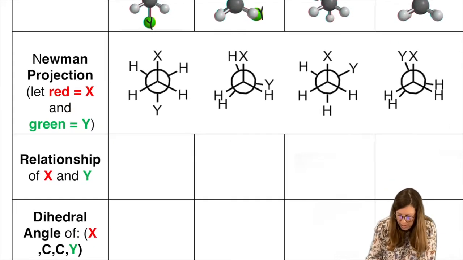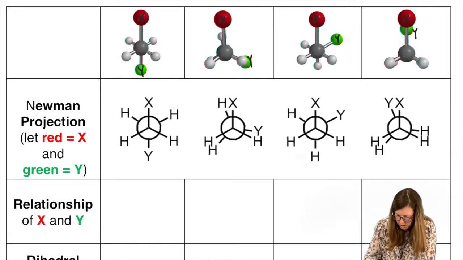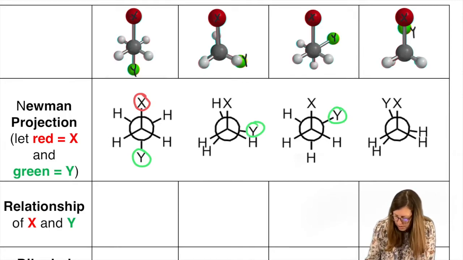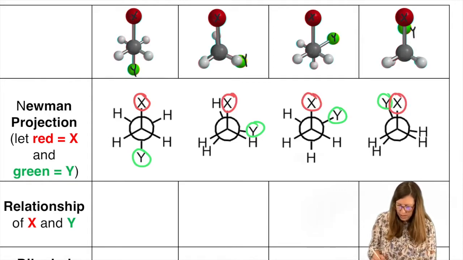Okay, so I've also done the work to translate these to Newmans for you, but let's go ahead and make sure we follow it by tracking them with some color coding. So red was X. I'm just going to fill in those colors to make it easier to track. And green was Y. So I'm going to find all those Y's and circle them green. And the red, look at, they're getting closer. Y is getting closer, and it's finally eclipsed.